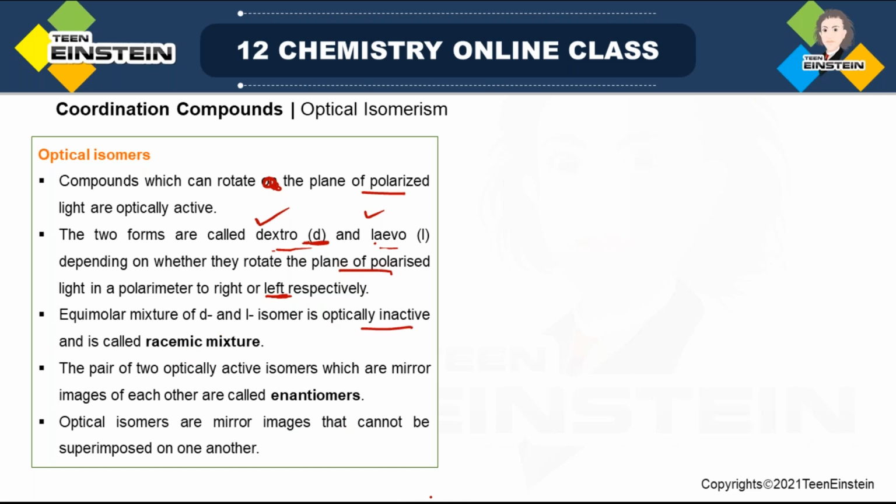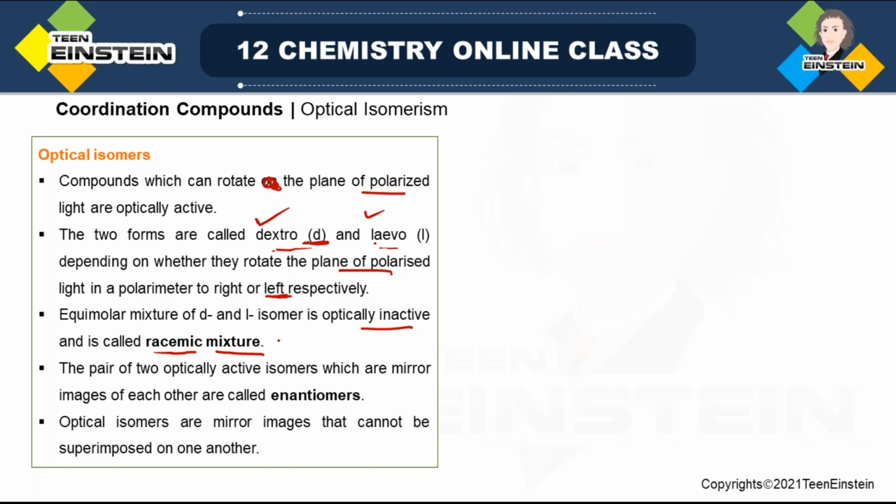Actually, optical activity is nullified by each other. It is not that the isomers are optically inactive, but as you have taken an equimolar amount, it has become optically inactive, and this is known as a racemic mixture. The pair of two optically active isomers, which have a mirror image relationship to each other, are also known as enantiomers. And this type of